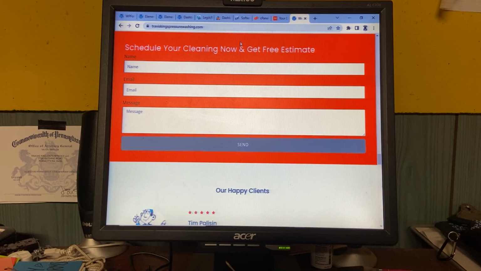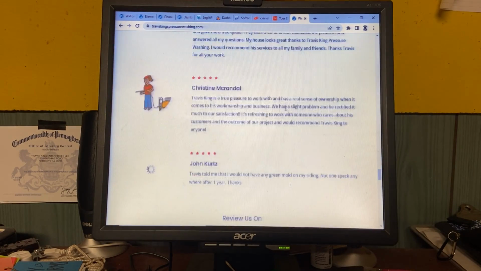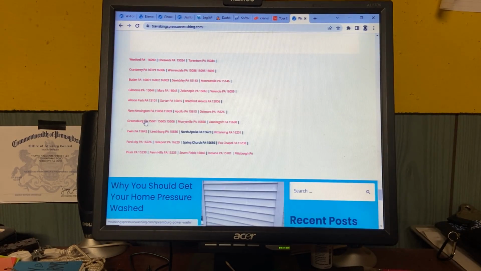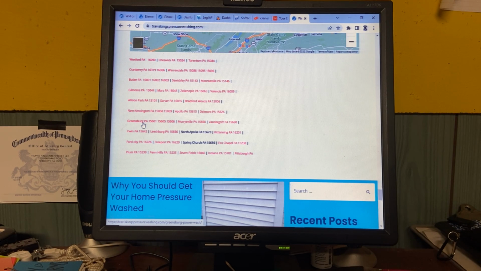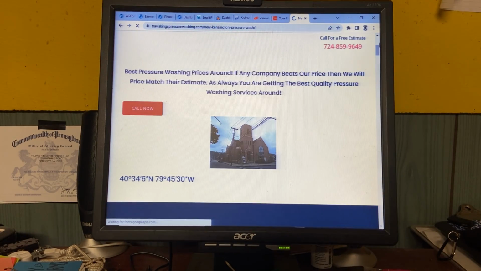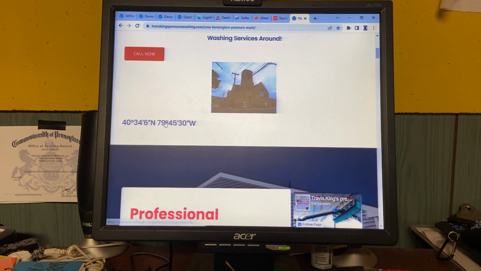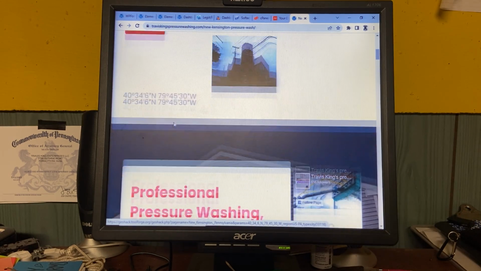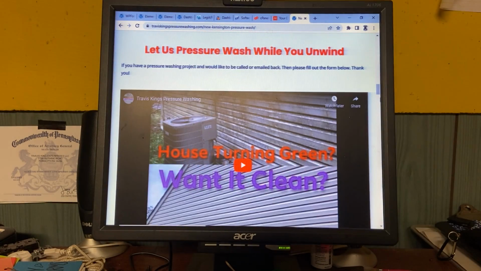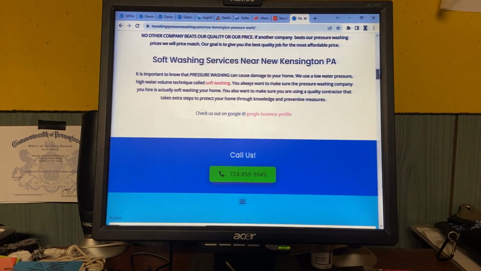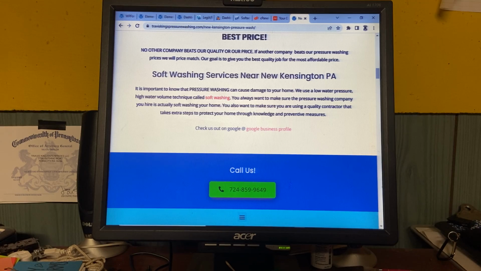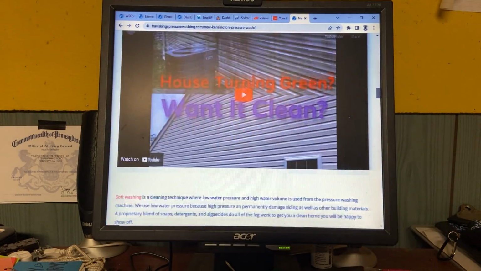Here's my little form here, and down here, these are all clickable links. If you say wanted to go to New Kensington, I click on it. Now I'm taking a picture from Wikipedia. I'm also geotagging with longitude and latitude, and then I switch all the H2s and H1 headers to include that keyword.